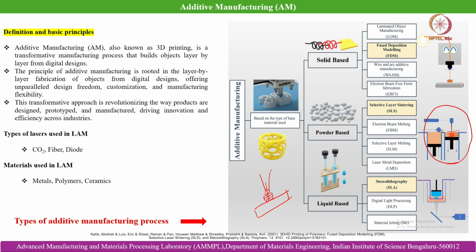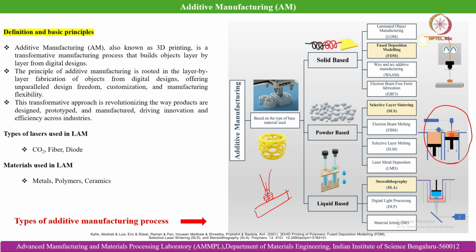So, like I told you, the lasers used in laser based additive manufacturing can be classified as fiber laser, CO2 laser, and diode laser, and materials used in laser based additive manufacturing are metals, polymers, ceramics. Until now, lasers are considered the most important energy source for additive manufacturing. However, now arc based energy sources like wire arc additive manufacturing have also got a lot of traction, where we can directly melt the metal wires and deposit them in layer by layer fashion to get the